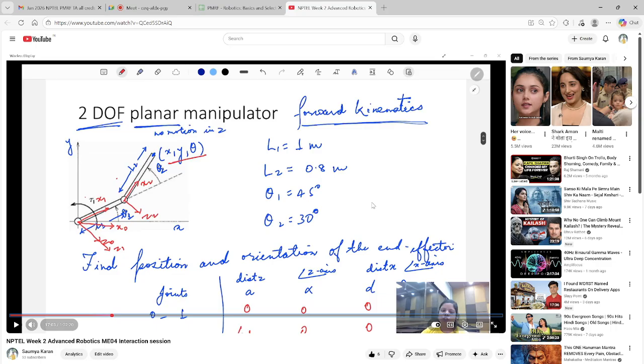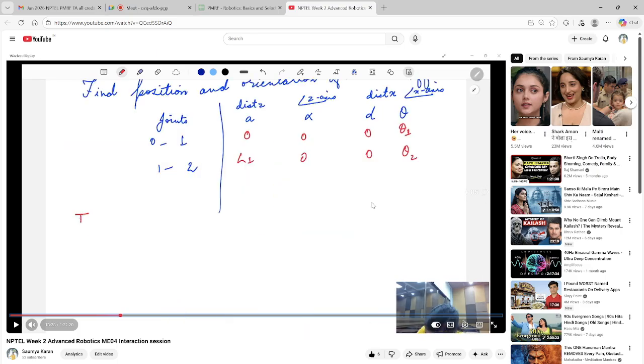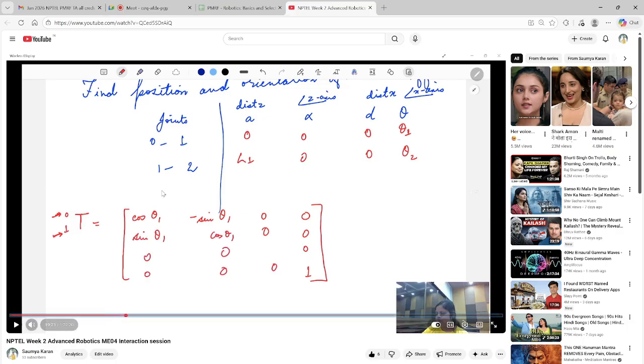Now after this, what will we do? Once we have all of this written, then we will write this. Why are we writing this? Because all the rotations are taking place about the z-axis. So the axis of rotation for us will always be the z-axis, right? Now, we write cos theta 1, minus sin theta 1, 0, and sin theta 1, cos theta 1. You have already seen this is rotation about the z-axis. And it is happening about theta 1, right? So this is the transformation for going from link 0 to link 1.